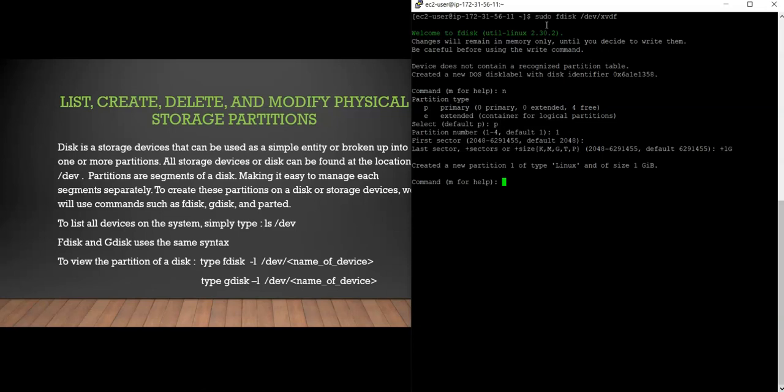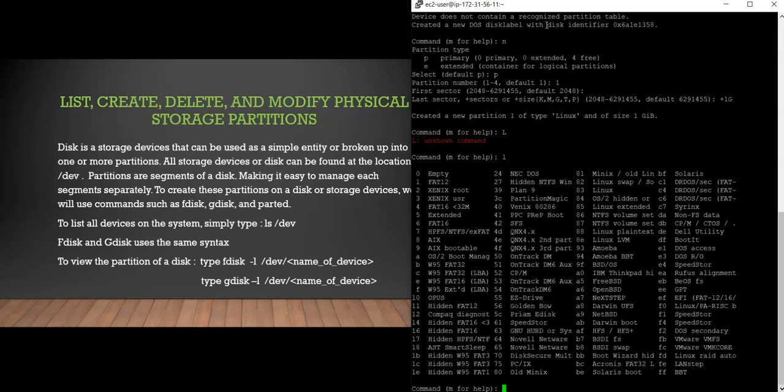And then we can change the type. To see the list of labels for your partition, press L. And it tells you how you can label it: FAT12, Linux swap. But we're going to leave the defaults. To save the partition, hit w, hit enter,